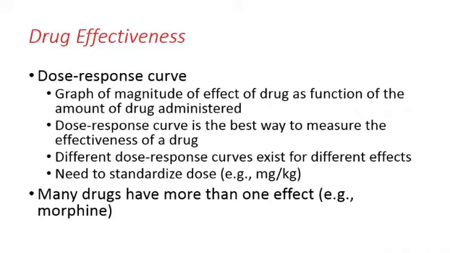Generally, we try to standardize the dose in terms of milligrams per kilogram so that we know what the drug's effect is per kilogram of body weight. Many drugs obviously have more than one effect, like morphine. Morphine has one effect of pain relief, and it also has another effect of respiratory and cardiac depression. So we want to be careful that we maximize the pain relief part and we minimize the respiratory